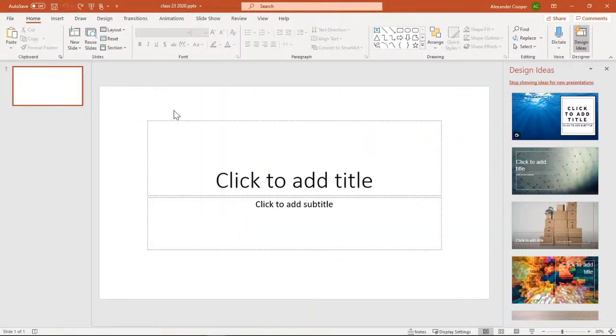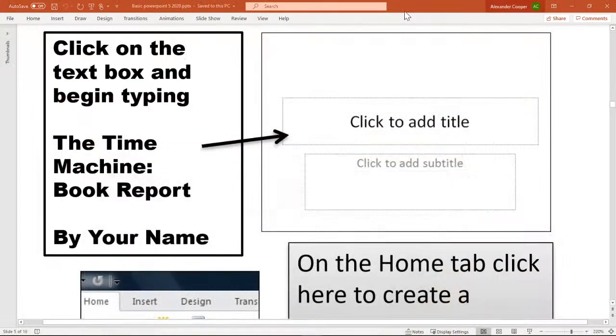But let's go ahead and let's start making our first slide. So usually the big one when we start our first slide is basically the title slide. Okay, so it'll actually say click here to add a title, click here for text or something.